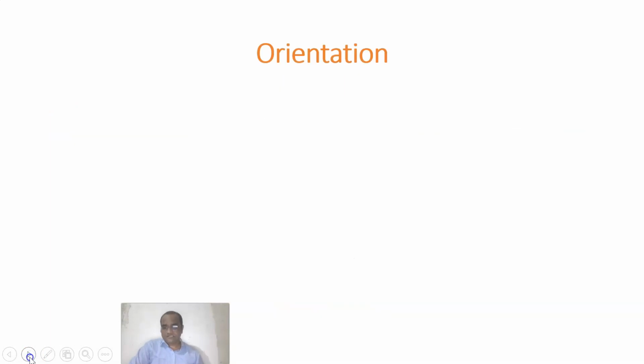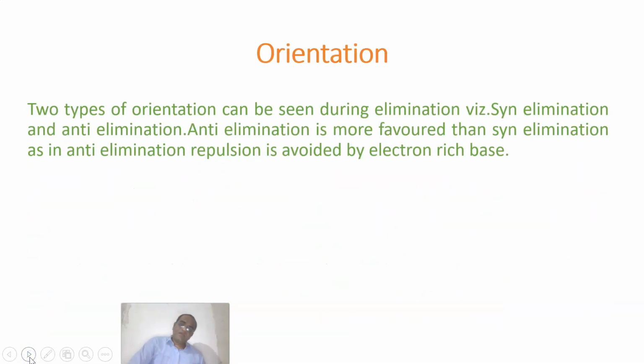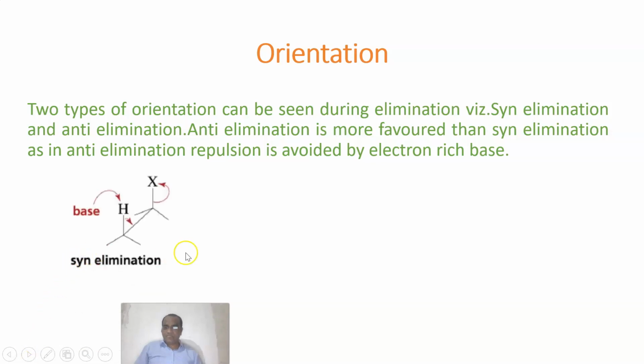Now we'll see the next point, that is orientation. Orientation means the arrangement of molecules, and this arrangement of molecules also matters for a reaction. Here you can see these are two carbons. It is said to be a Sawhorse representation. It is indicating a stereochemical structure, and the base abstracts this hydrogen and forms a